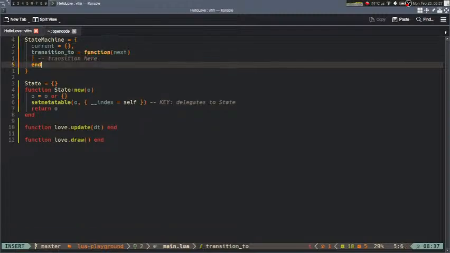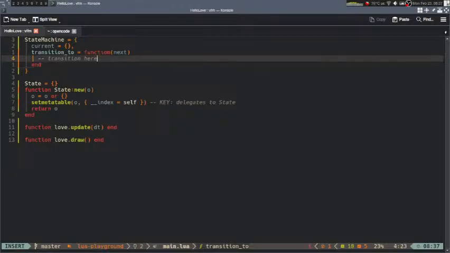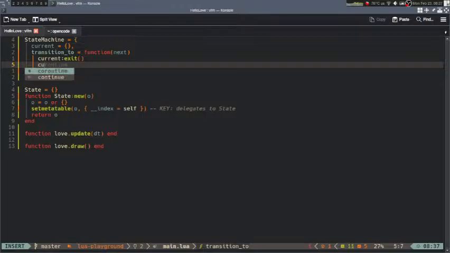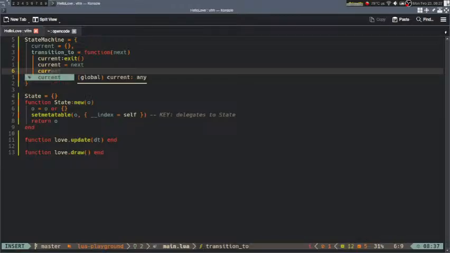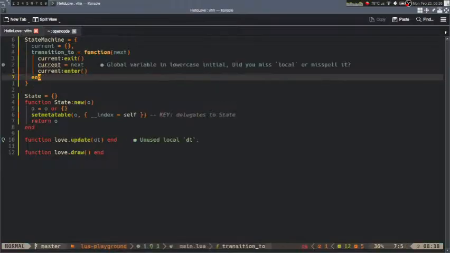Alright. I mean, really, what you do is we do current exit, current equals next, current enter. Right. That's how that works. That's the transition to function. We have